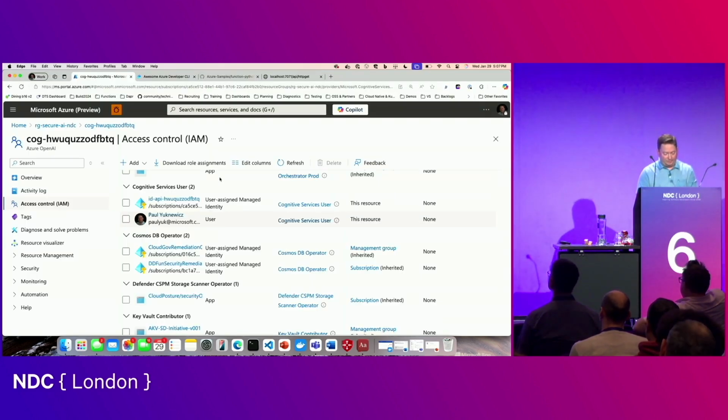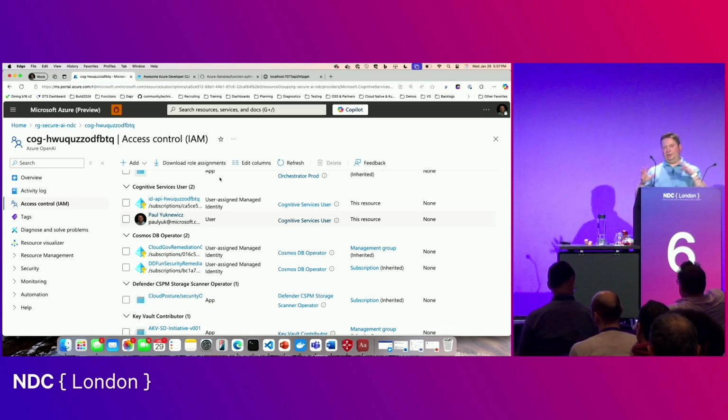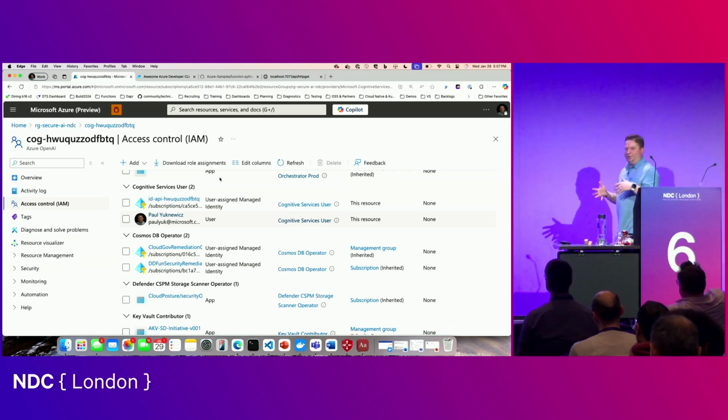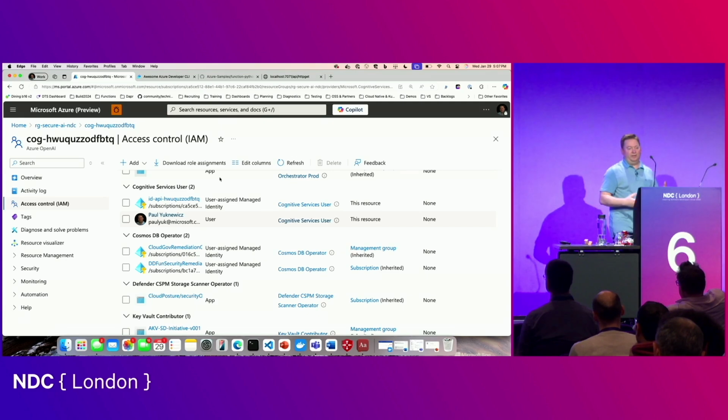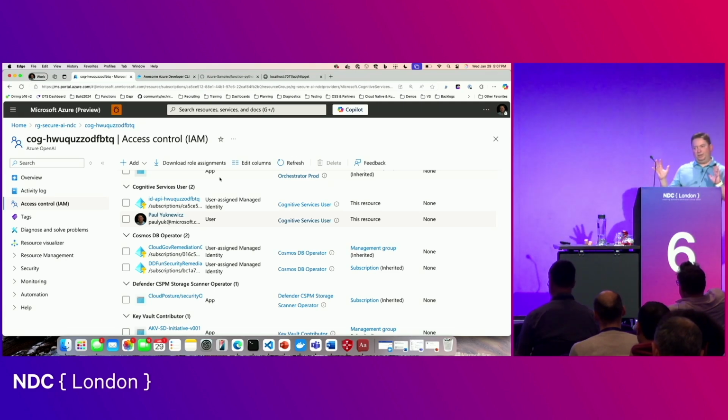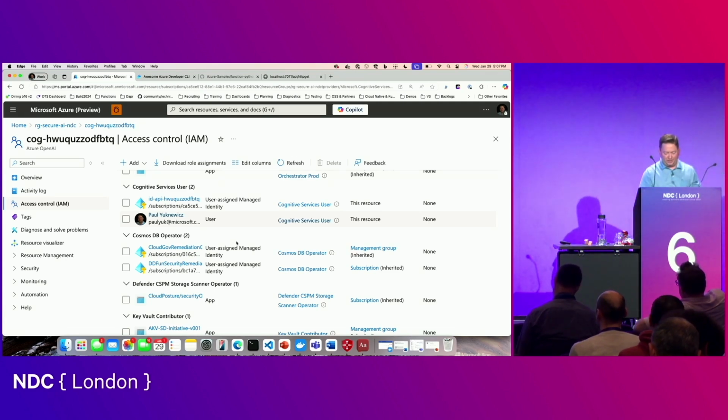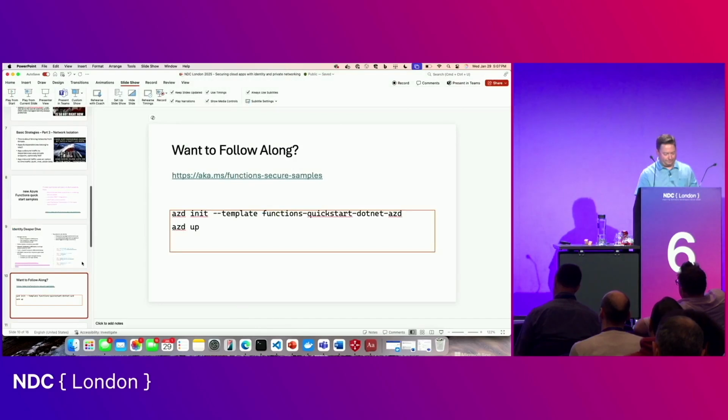All right, so that's my crash course in user identity and managed identity. And remember, if we step back to the beginning, Midnight Blizzard, if we had done the right things with identities, a lot of that would have been curbed. Now I want to talk about another defense in-depth technique on network perimeters.